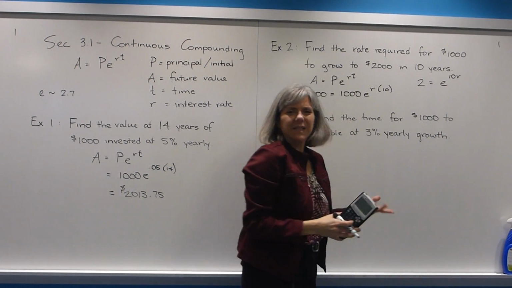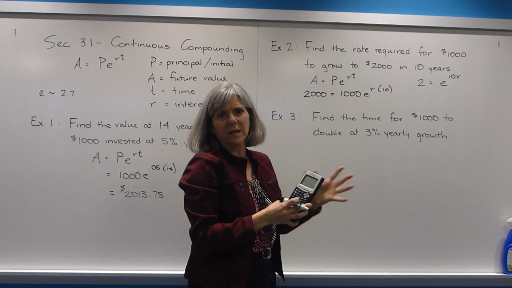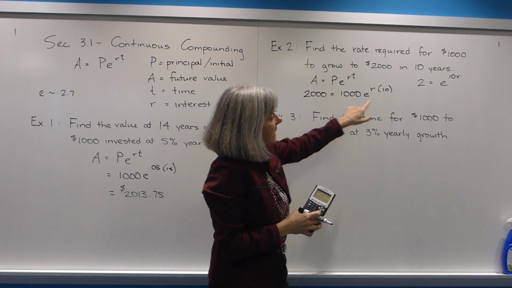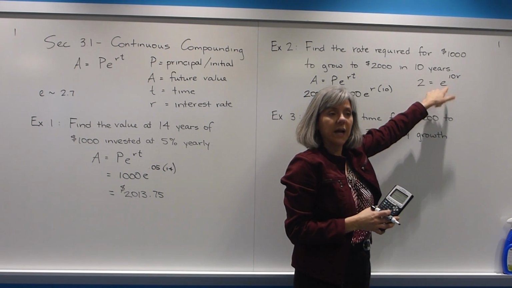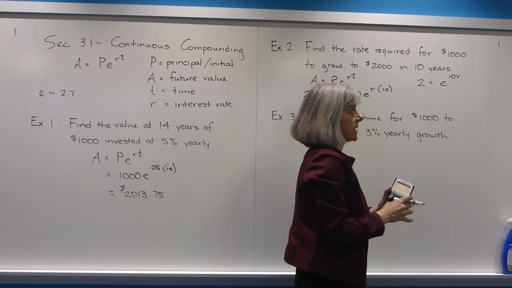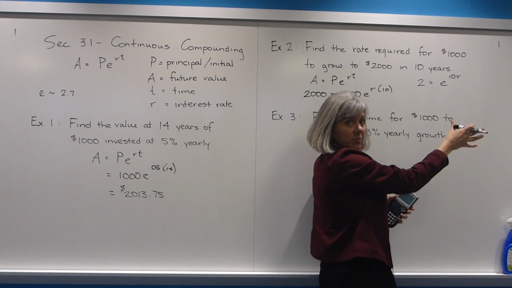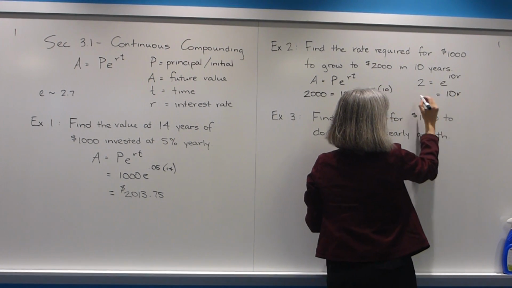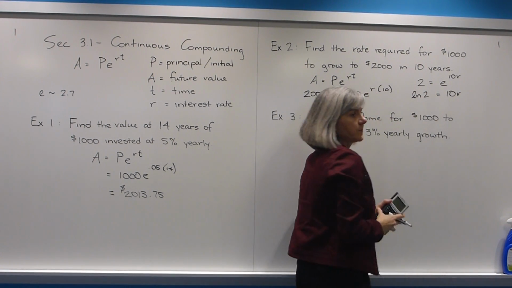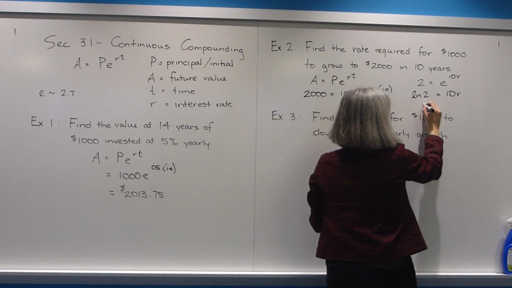And I'm just going to rewrite that 10R, R times 10, 10 times R, same thing. So now the next thing I want to undo, I can't get into this R until I undo an exponential. How do we undo exponentials? With a ln. So we're going to take the ln of both sides. That undoes it on this side, so we'll just get 10R, and then ln 2 there. And then finally, we're going to divide by